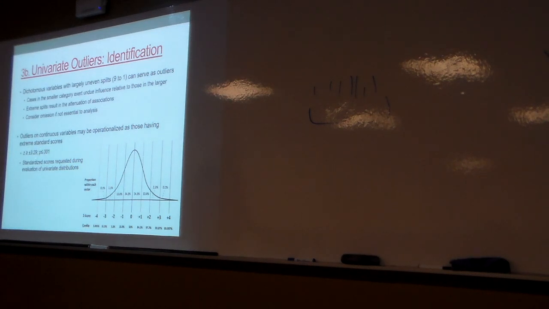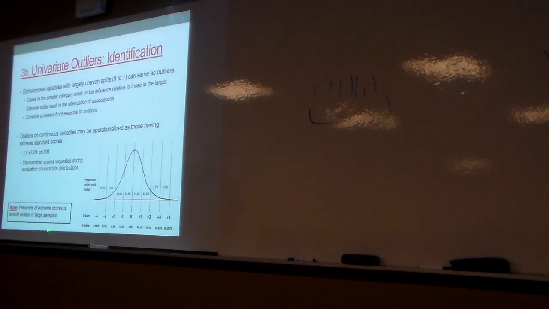Okay. Outliers on our continuous variables, those we use z-scores for, right? 3.29, or 3.3, is z less than 0.001. But again, this is where you're going to supplement with graphical methods to start to say, is this an extreme value? Yes or no, based on what criteria? To what extent is this going to be a problem? That's where we're not just going to rely on z-scores. We're going to look at z-scores and have some sort of criteria for whether this is a problem or not, but also rely on our graphical methods to identify potentially problematic cases.